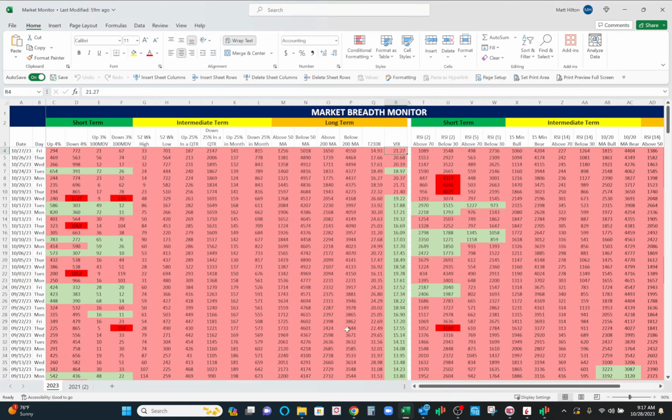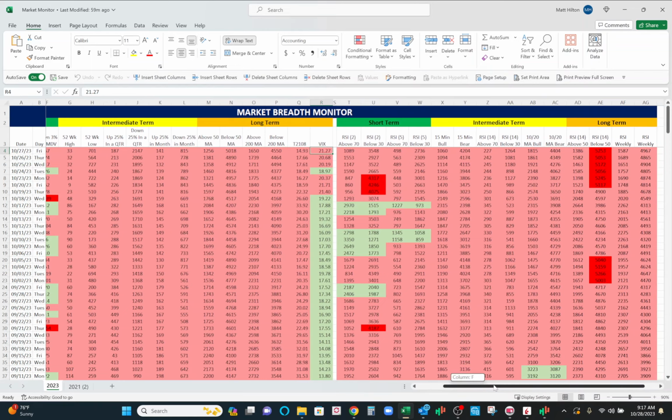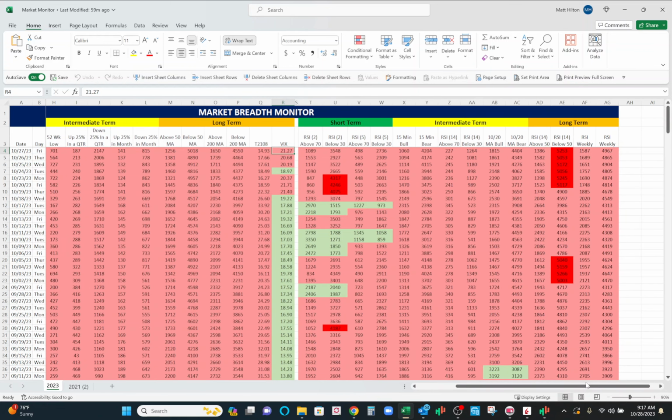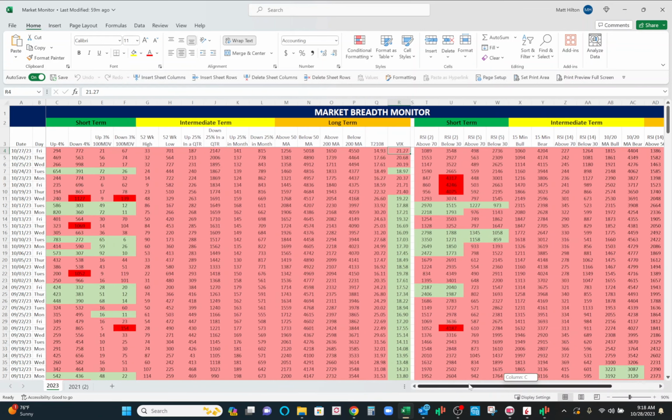Let's start with market breadth indicators. You'll see that these are all my indicators listed on a spreadsheet and color-coded. Everything's red once again, with some indicators being deep red. Number of stocks that have an RSI below 50, which signals a downtrend, is at 5,000. VIX is above 20 and holding.